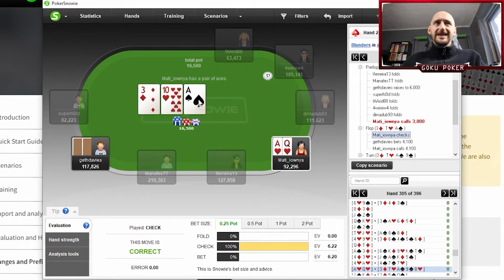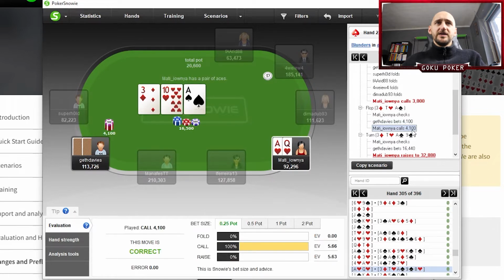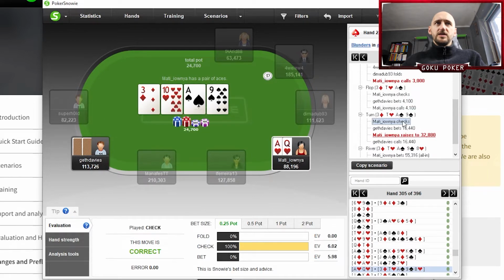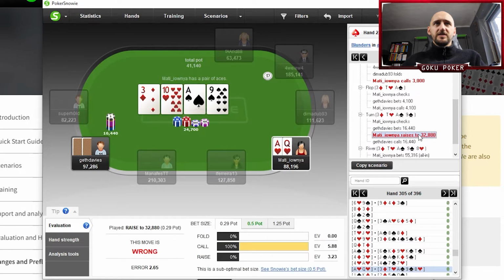And on the flop, ace 10 3, we checked, which is fine, of course. And villain continued for a quarter pot bet, which we just called. And now there's a 9 of spades on the turn. We check once again. The villain continues for 3/4 of the pot, and we decide to min raise it, which is the error, right? The solver prefers to just call here,